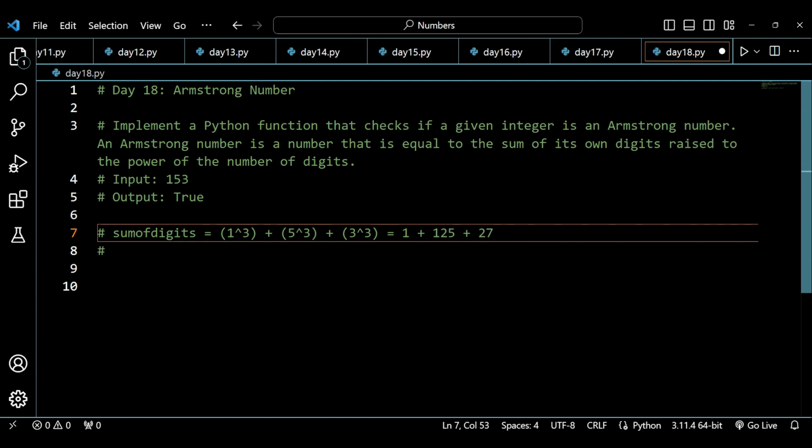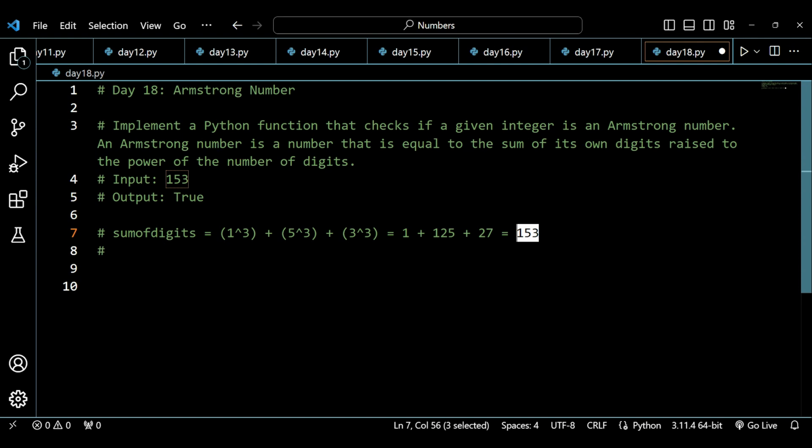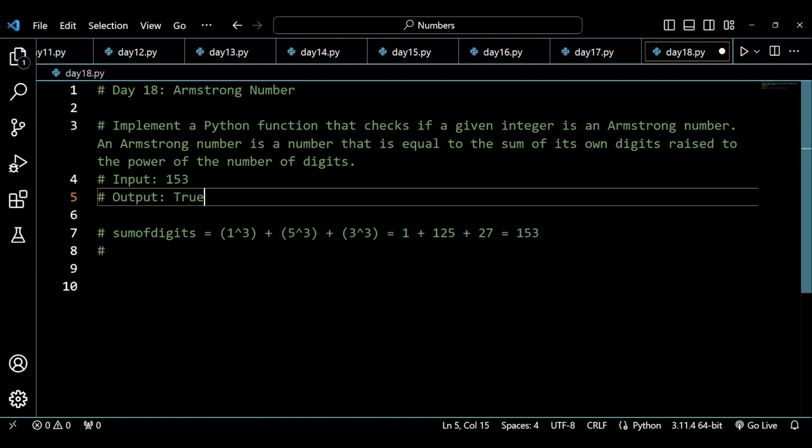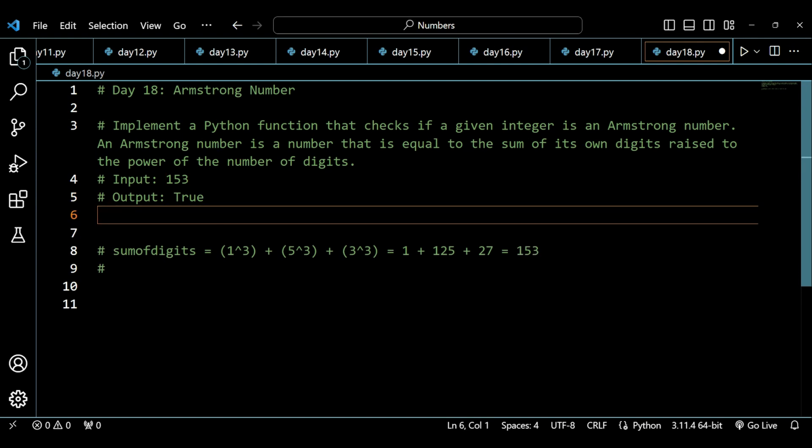Now if we add all of these values, we should be getting 153, because 25 plus 27 will be 52, and 52 plus 1 will be equal to 153. So this is what we have to do. All right. Now if I have another question in another example, let's suppose